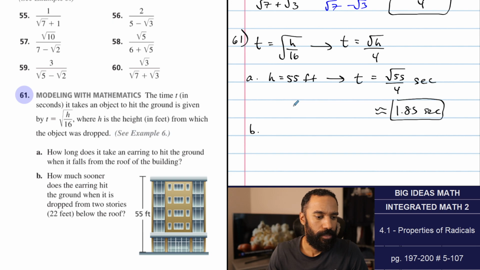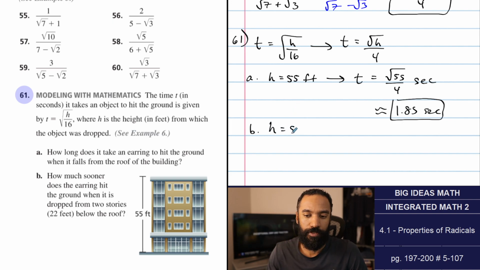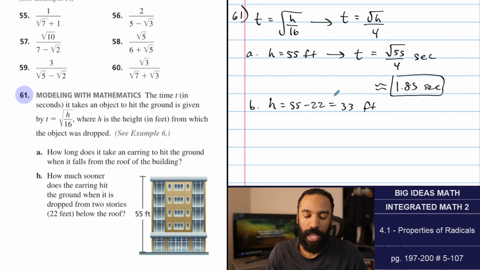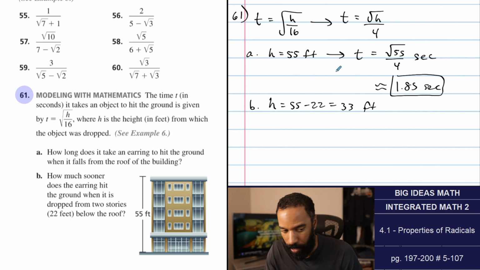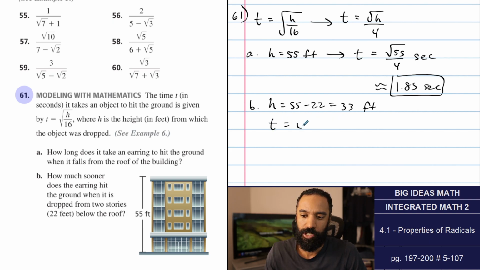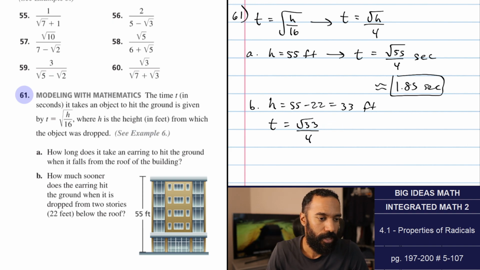2 stories below the roof. Wait. So at 33, so h is 55 minus 22, which is 33 feet. Okay. So on this problem, I couldn't tell if they meant 22 feet above ground or below the roof. So now we're going to say t is square root of 33 over 4, substituting that for h, seconds. So square root of 33 all divided by 4, and that's going to be